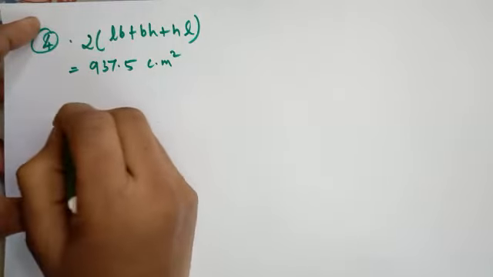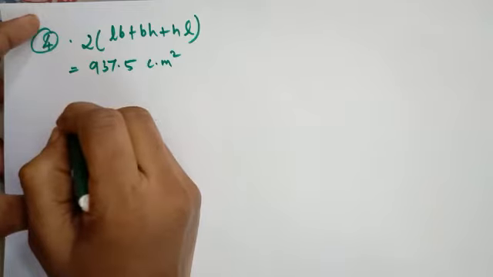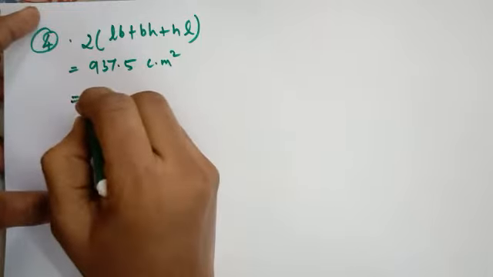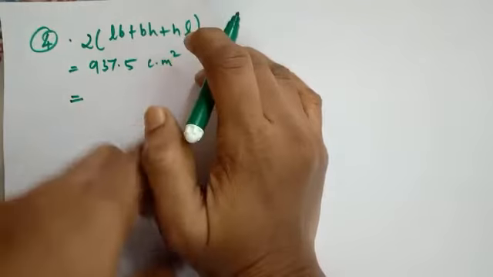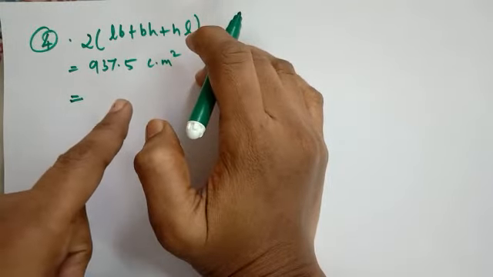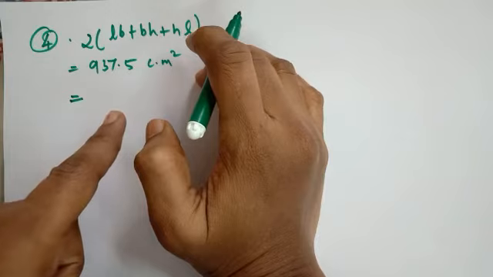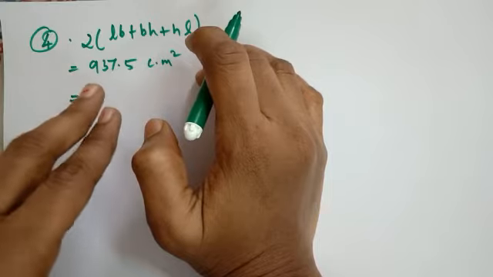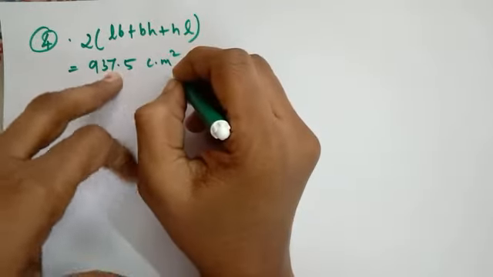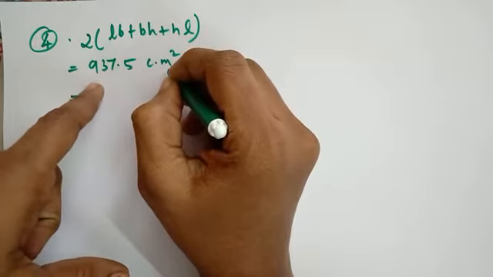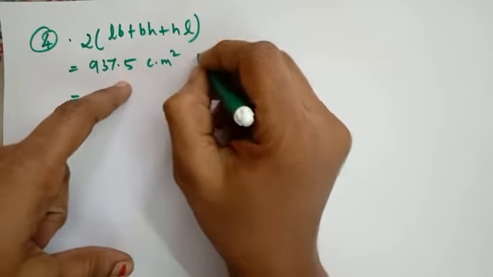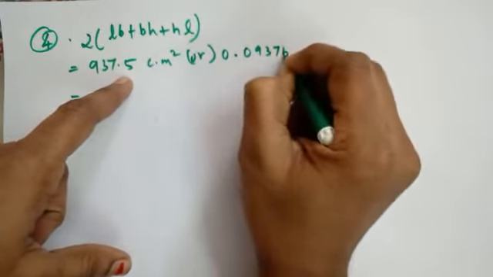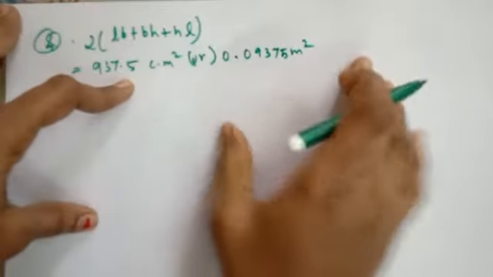So how do you find it? Here the area is equal to 9.375 meter square, already given in the question. Students, so you should divide. This is centimeter squared, na? So we should convert it into meter squared. 937.5 centimeter squared is equal to 0.09375 meter squared. How can I write it?